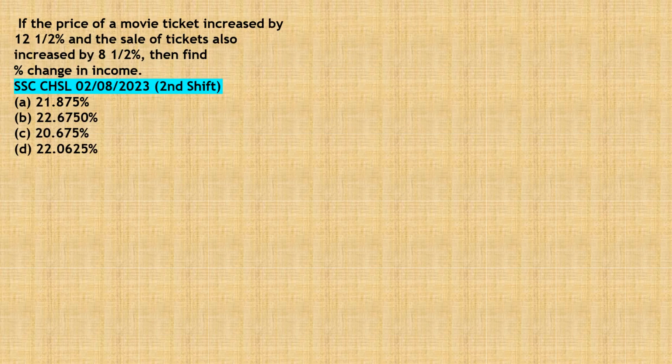If the price of the movie ticket increased by 12.5% and the sale of the tickets also increased by 8.5%, then find the percentage change in the income. Same as the concept of revenue, here the term is changed to income. I'll write here income is equal to price of the ticket into sale of the tickets. And the effective of 12.5 and 8.5 is 12.5 plus 8.5 increased, and the product of 12.5 and 8.5 is divided by 100, which gives